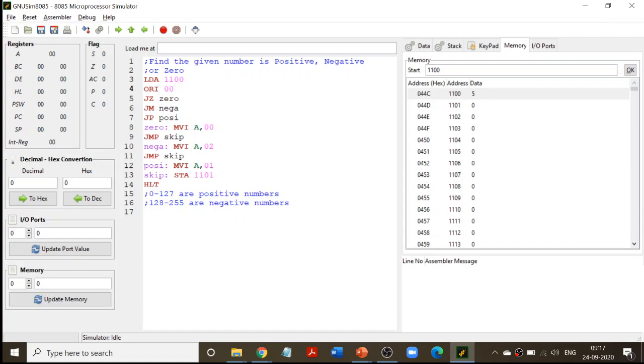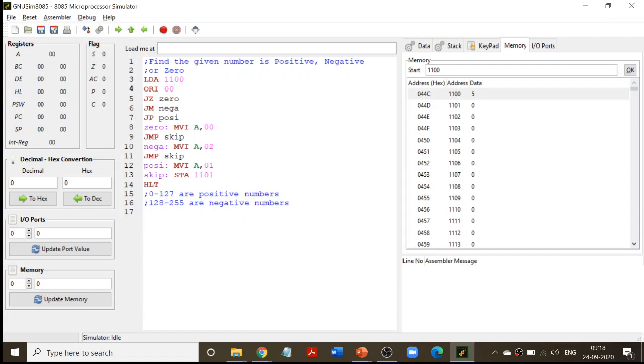Right? Instead of OR, what can I do? Can I add 00 to the accumulator? Yeah, you can add that also. That again is an arithmetic operation. You have to perform an arithmetic or a logical operation so that your flag registers are active. But you should also remember that the arithmetic or logical operation should not alter the given value. Keeping that in mind, you can perform any arithmetic or logic operation. Here in this case, we are performing an OR 0. Hope you understand.